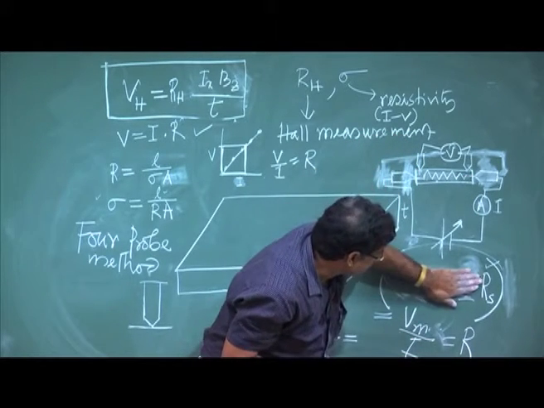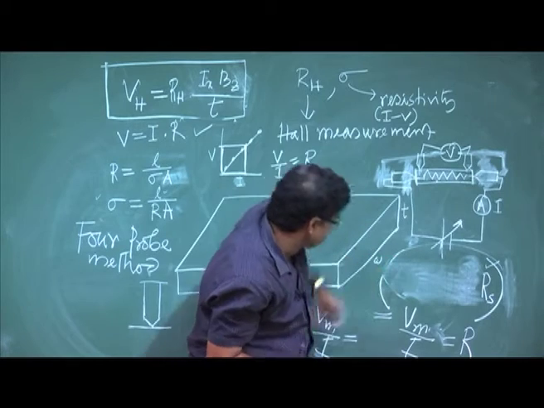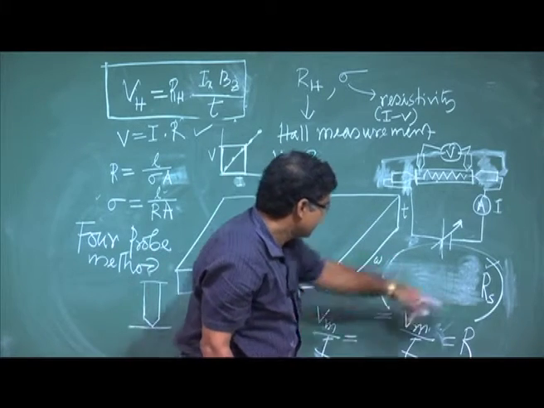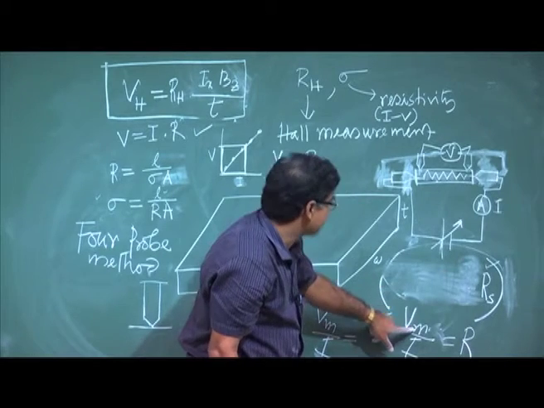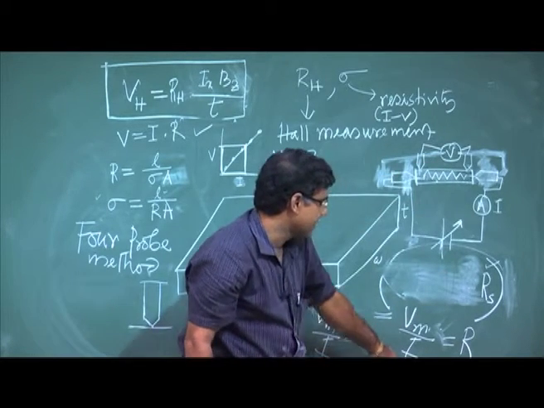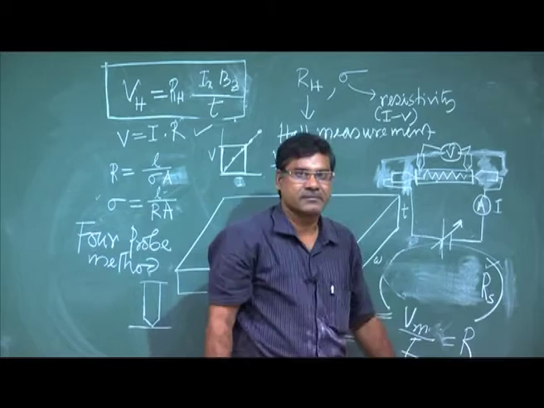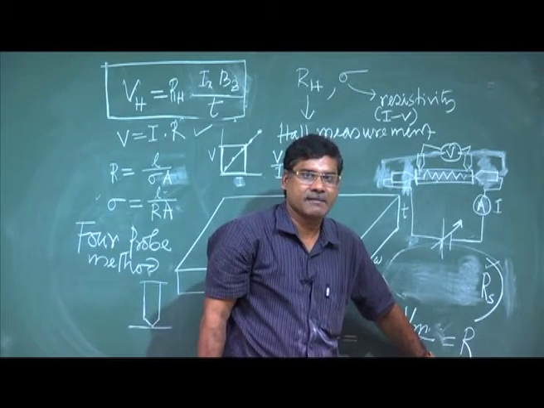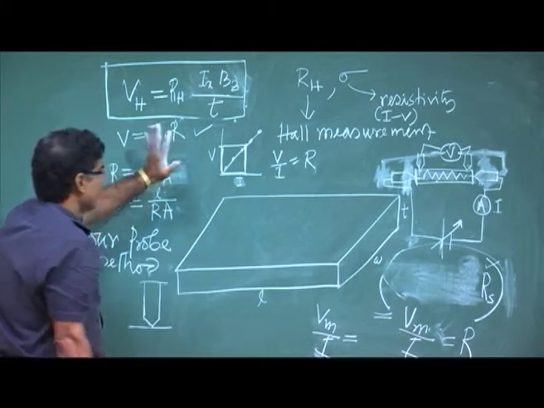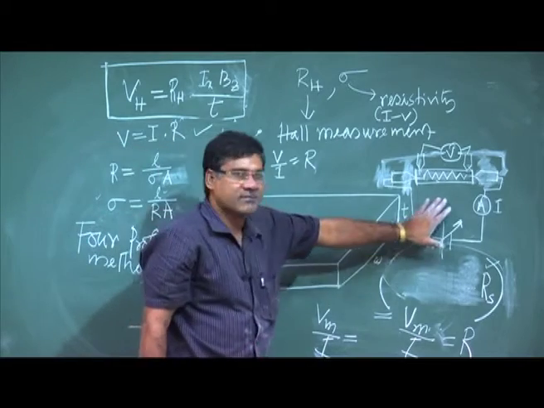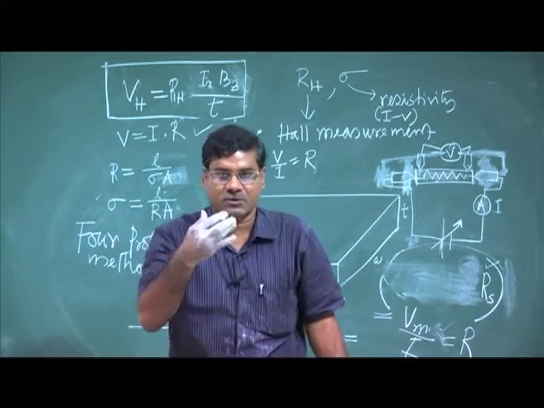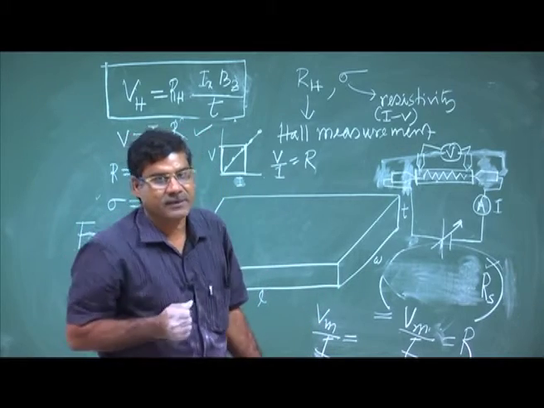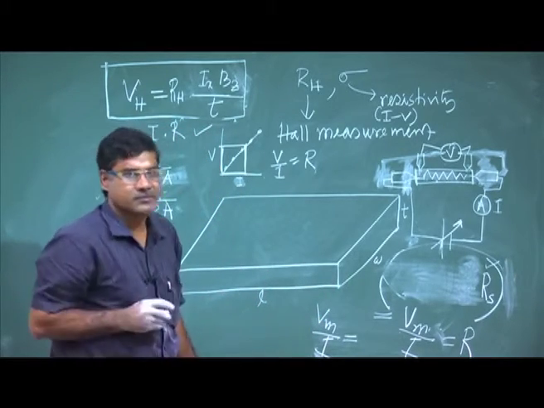So, I can get rid of this. I will get Rs equal to my measured voltage V divided by I, that is basically my sample resistance. Okay. So, this I will get. This is the beauty of this 4 probe method. Hopefully, I tried to make you understand, but you should think yourself. Okay. So, this is a very nice method.